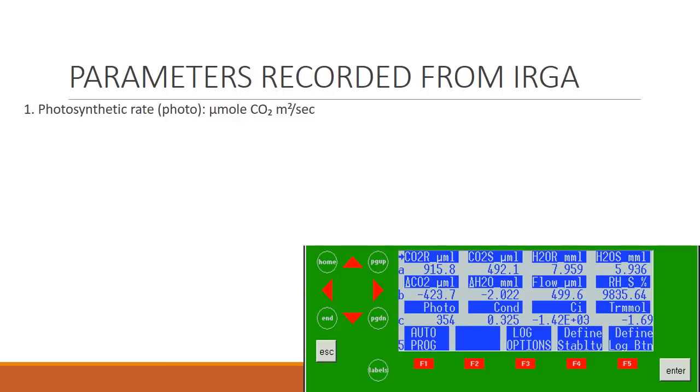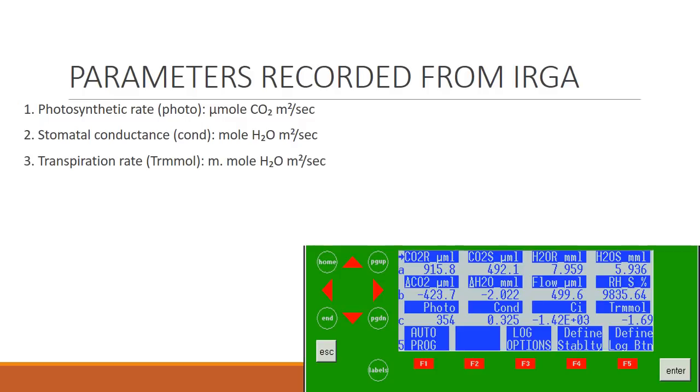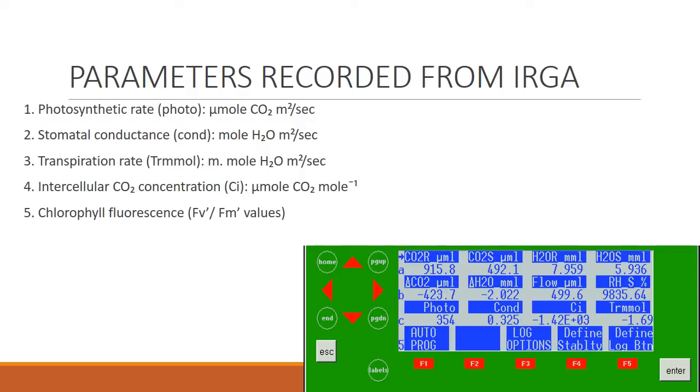Let's see what parameters we can record from the IRGA. The first and most important is the photosynthetic rate, then stomatal conductance. It is represented by COND, which can be seen in the display. Then transpiration rate, it is TRMMOL. Then intercellular carbon dioxide concentration, it is represented as Ci. Then chlorophyll fluorescence,